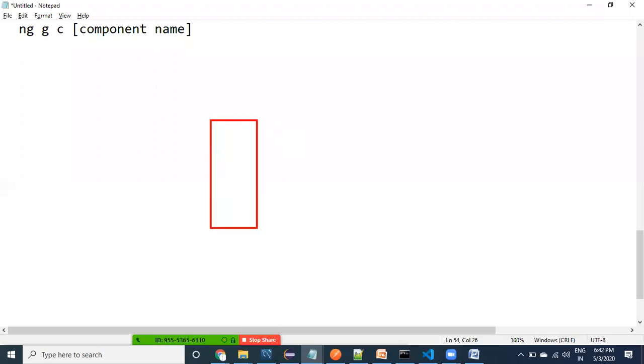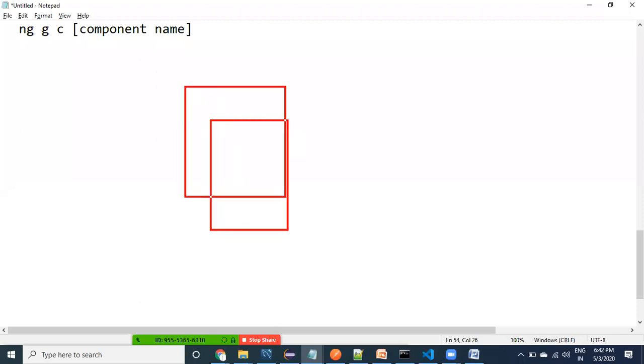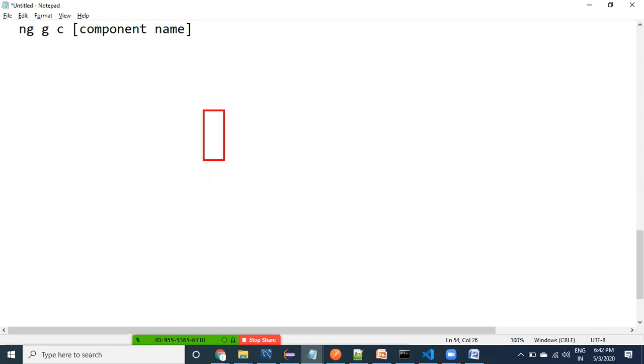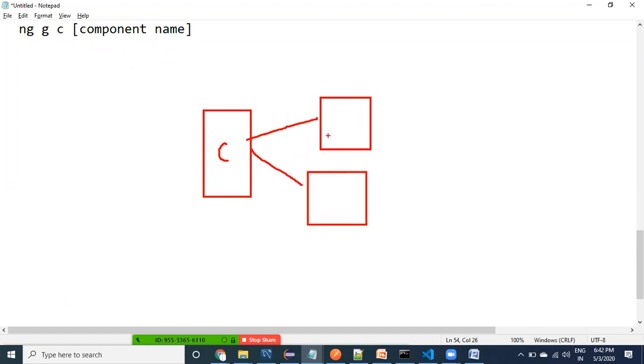A component contains what? Component class, HTML and CSS. Now in the component class, what are the things you can provide?